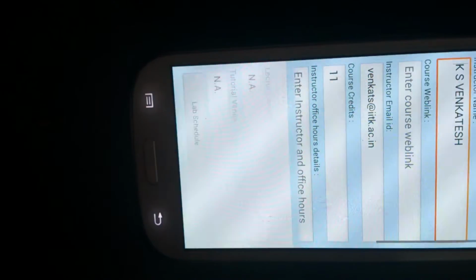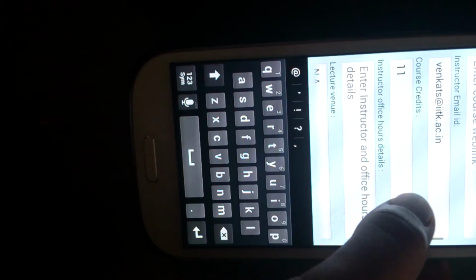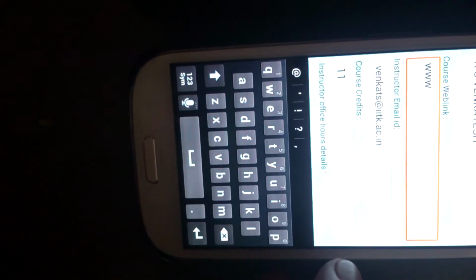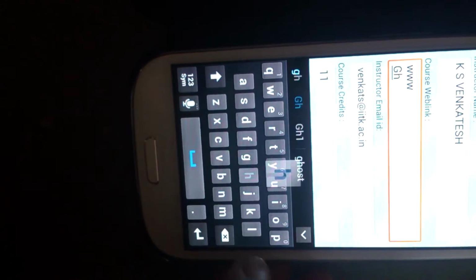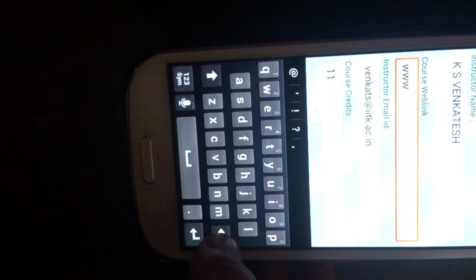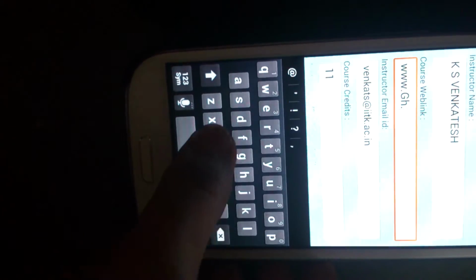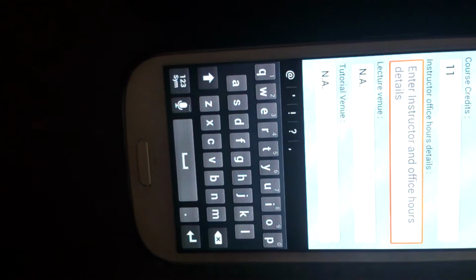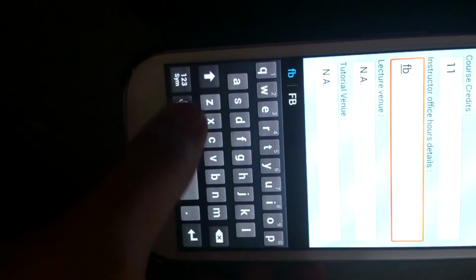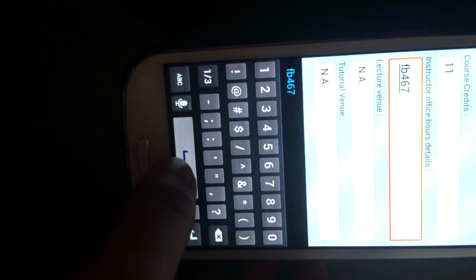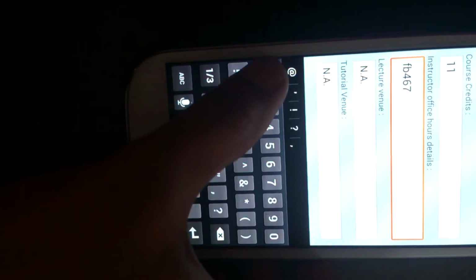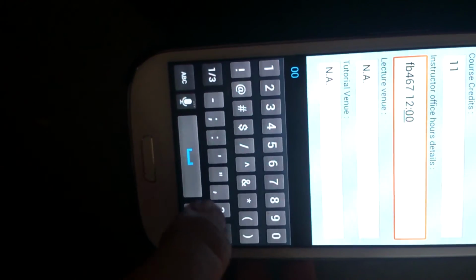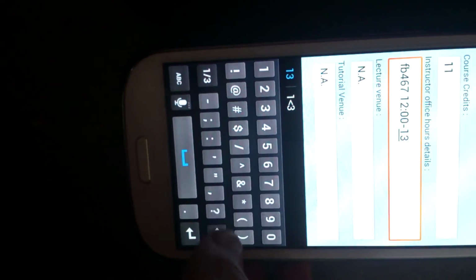So we click on edit. We add the course web link as, let's say, www.com. Office hour details as FB456, and we can also add the time here, 12 to 13.